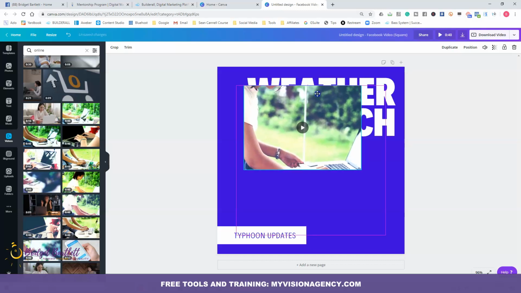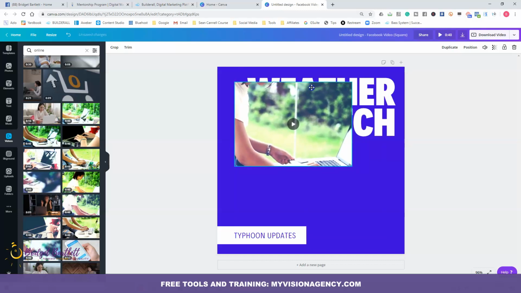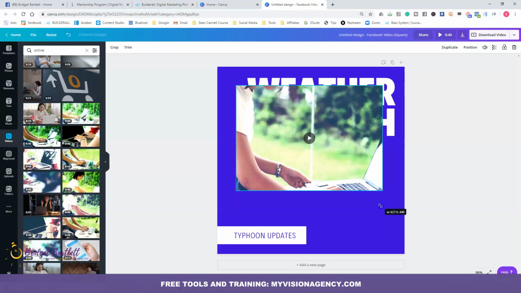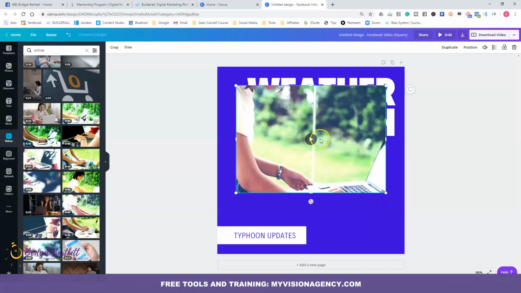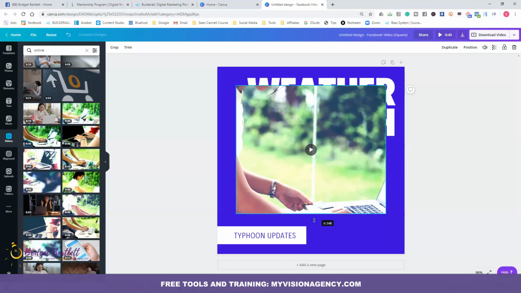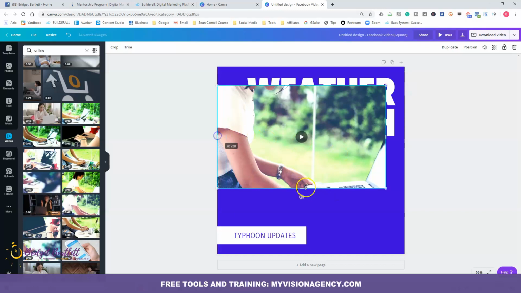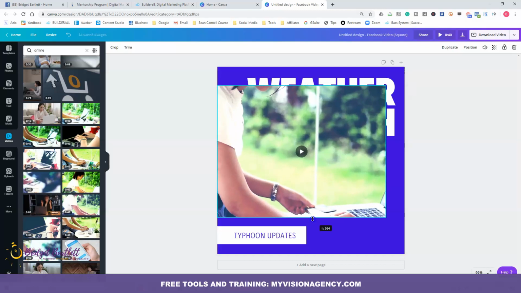And you can see as I move this around, it gives me the little red lines here for the box. So I use that as my guide. So I want to keep it as even as possible. Okay, so that takes up a little bit too much of the video. So what I can do is stretch this out a little bit. I can elongate that, and you can see it just keeps adjusting